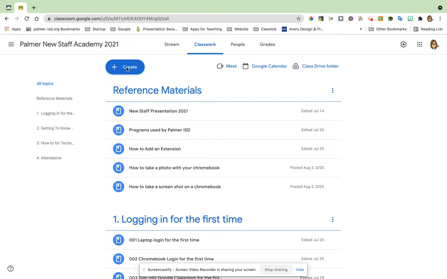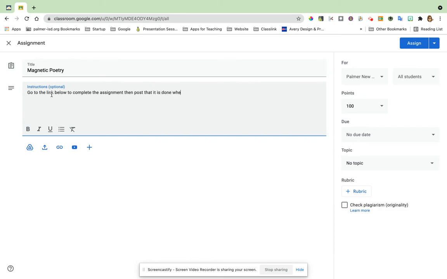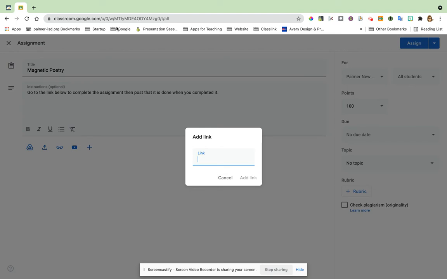So first of all, I'm going to create an assignment. I'm going to leave it right at the top, and I'm going to call it Magnetic Poetry. Going to be done on Seesaw, so go to the link below to complete the assignment. Then post that it is done when you completed it. Okay, so now I'm going to put a link, but I need to go into my Seesaw